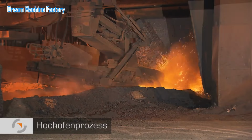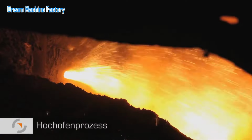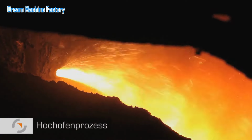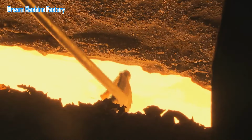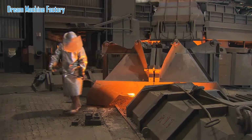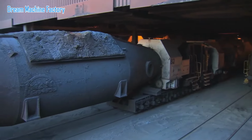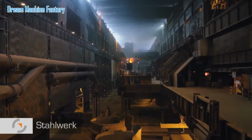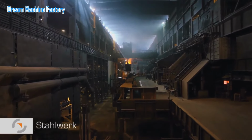Process gas, top gas, rich in CO and carbon dioxide, is captured, cleaned, and partly reused for energy recovery. This efficient and continuous process forms the foundation of steelmaking, as the molten pig iron is transferred to steelmaking converters for further refinement. The steel plant at Salzgitter Flachstahl is one of the core components of the company's integrated steel